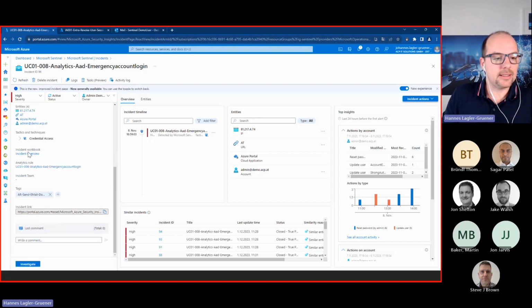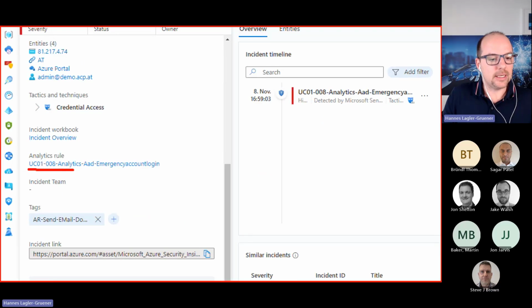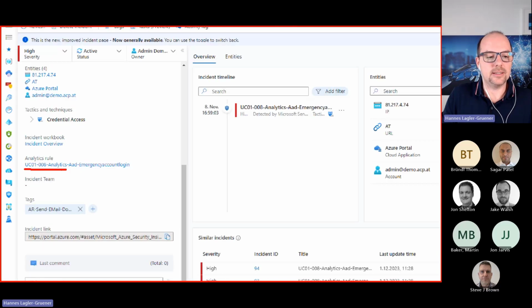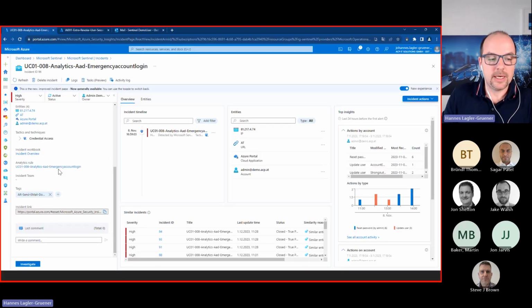Here you can see the tactic, incident overview, workbook link, the analytics rule, and this is exactly the analytics rule what I've created in my system, use case 01-008 analytics rules, AAD, emergency account login. Here you can see tags, you can assign tags, you can create tags, or you can delete tags, what you prefer. Here's a direct link to the incident, so you can use the direct link and, for example, send an